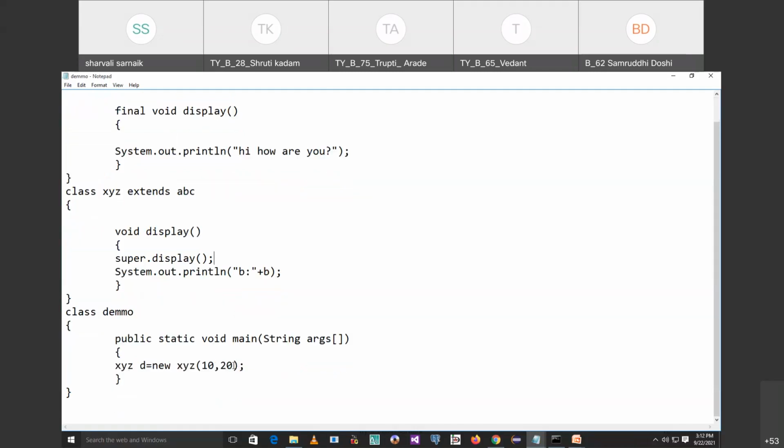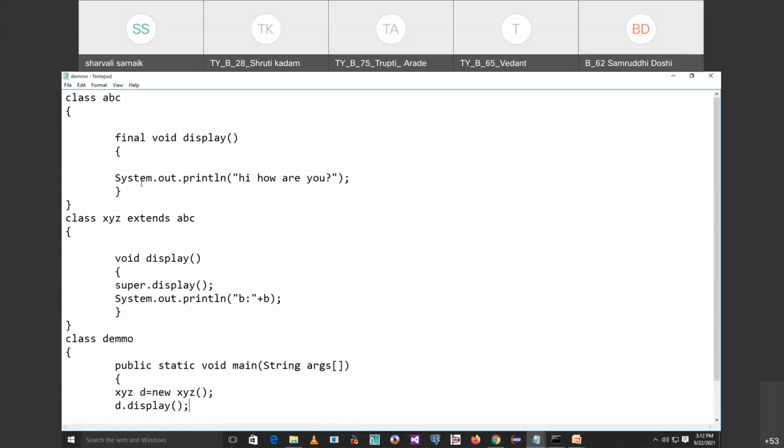Then I have created an object of the class, and I will be calling that method. Now see this, as we have written this method as final, it will not run the program.